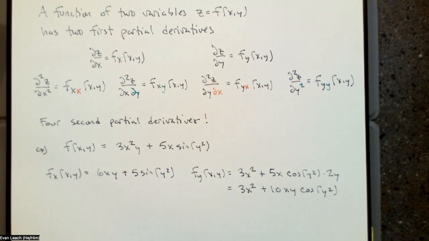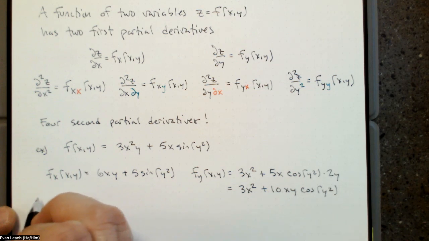All we have to do is keep going. Now notice that when we take some derivatives, some additional rules are going to show up, some additional things we're going to have to think about. So now I'm going to go fxx and fxy. So for fxx,